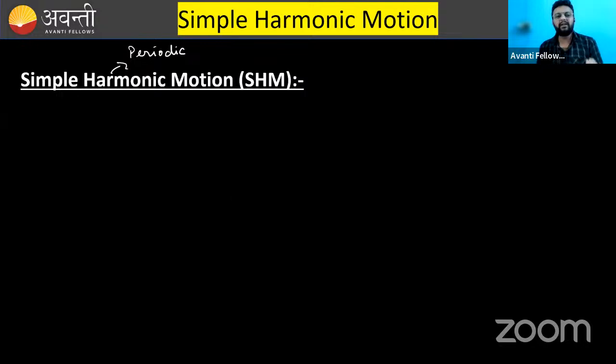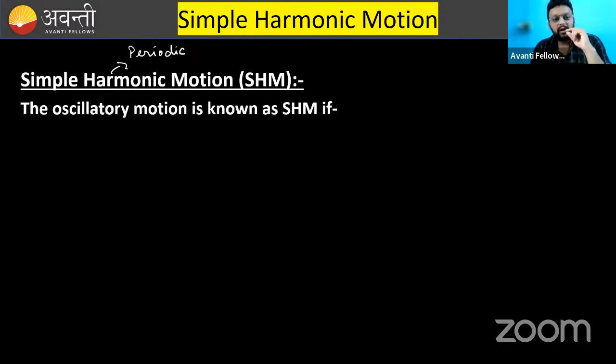So harmonic is nothing but the oscillatory type of motion. Harmonic motion is oscillatory motion, and this is going to be a simple harmonic or simple oscillatory motion. Okay, let's discuss. Any oscillation called SHM